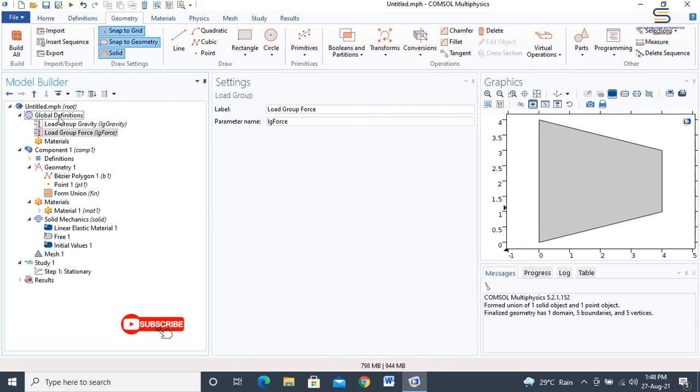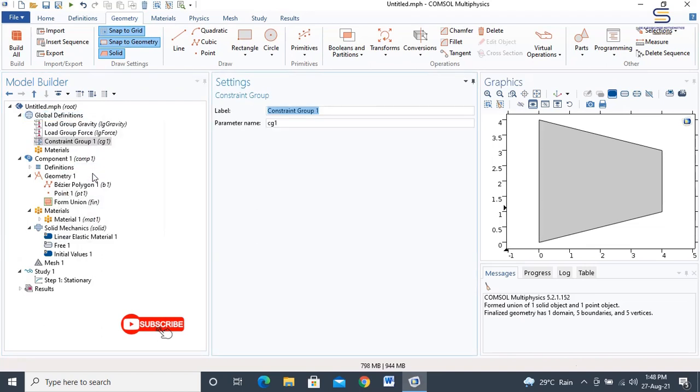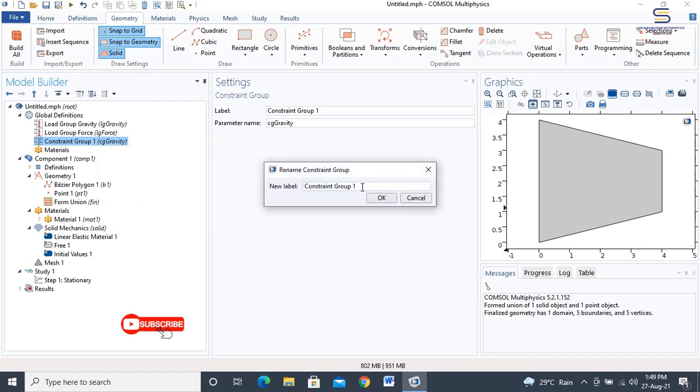Now let us add the constraints. Right click on the definitions and then choose constraint group. Change the CG1 group to CG gravity and then rename constraint group 1 into constraint group gravity.